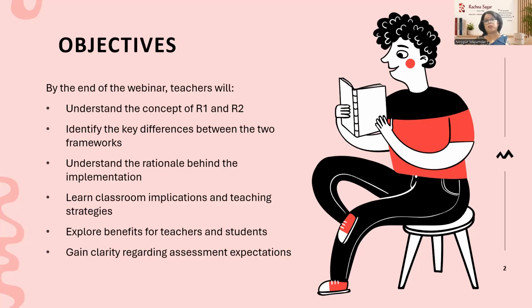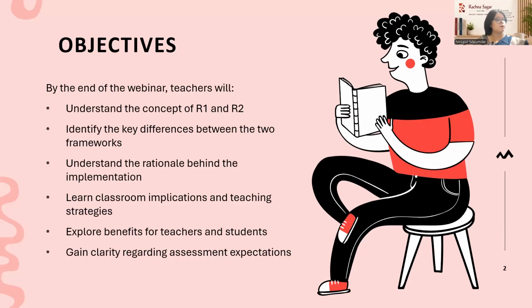For example, our English is divided into four: reading, writing, literature, and grammar. If I talk about reading, in R2, questions may ask students to identify information directly from the passage. I'm talking about R2, dear educators. So don't get confused. An R1 question may ask students to infer, to analyze, to justify, and critically interpret ideas